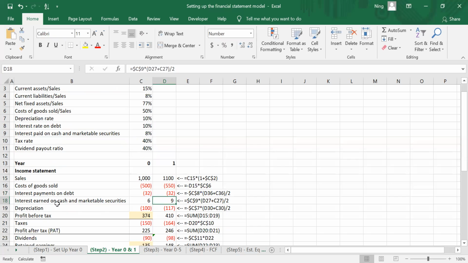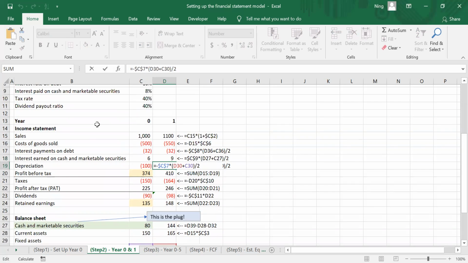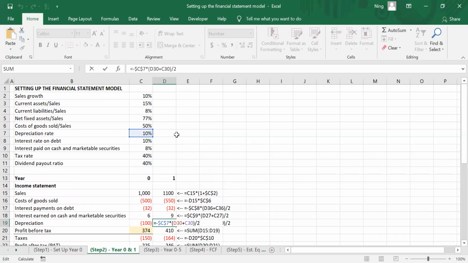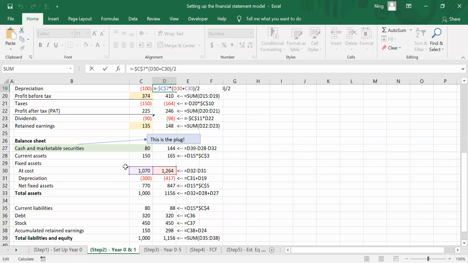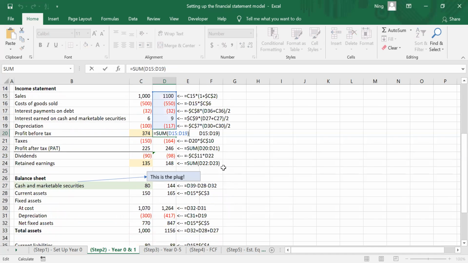Similarly, the interest earned on cash and marketable securities is also external. So you have to use the interest rate on cash and marketable securities times the total amount of cash and marketable securities from this year. That gives you the interest earned on cash and marketable securities. And depreciation is also external, depending on the depreciation rate and the book value of fixed assets. Okay, and if you sum up all the previous variables, you compute the profit